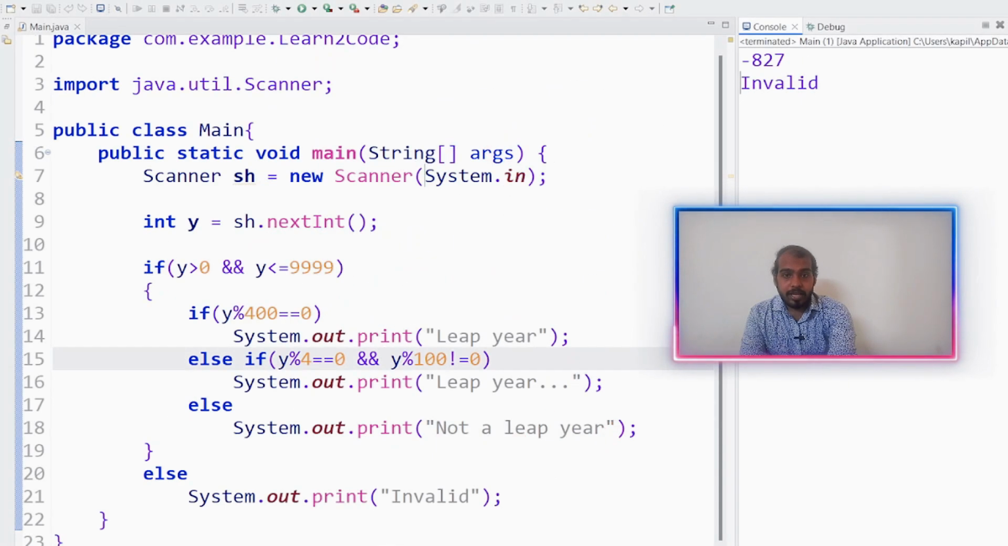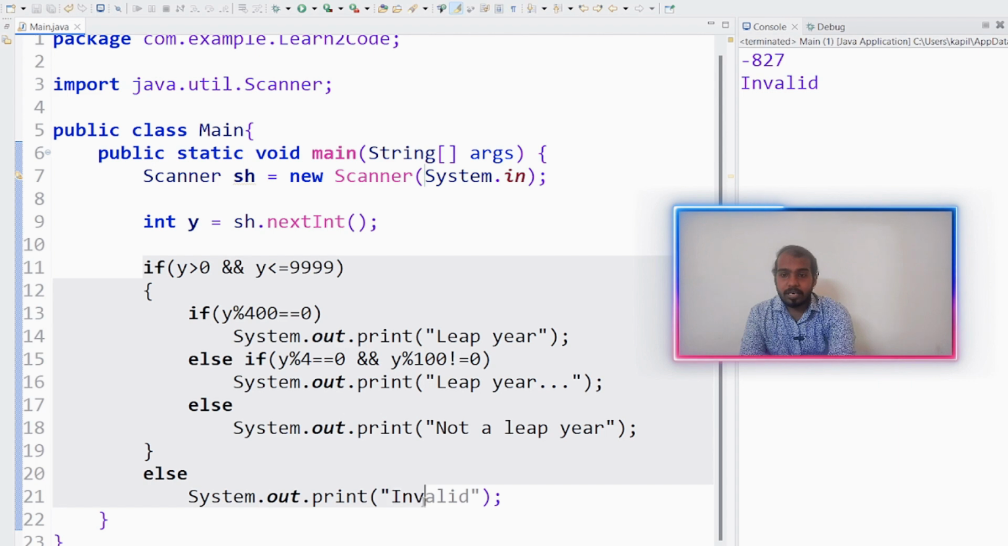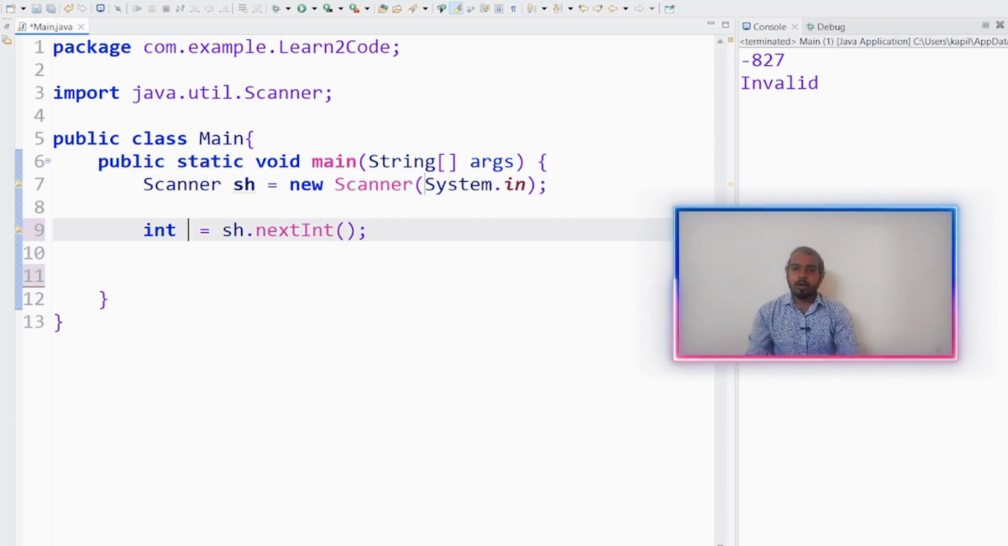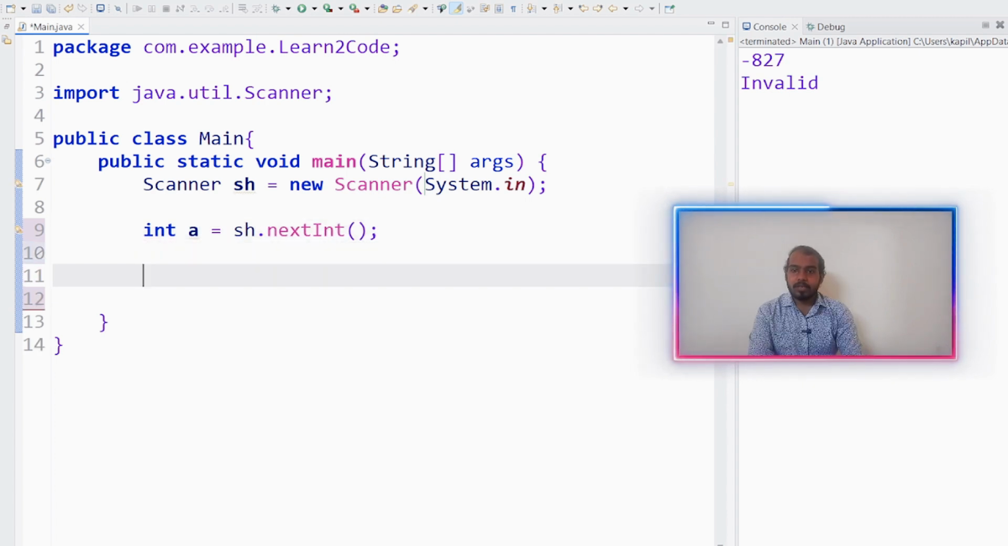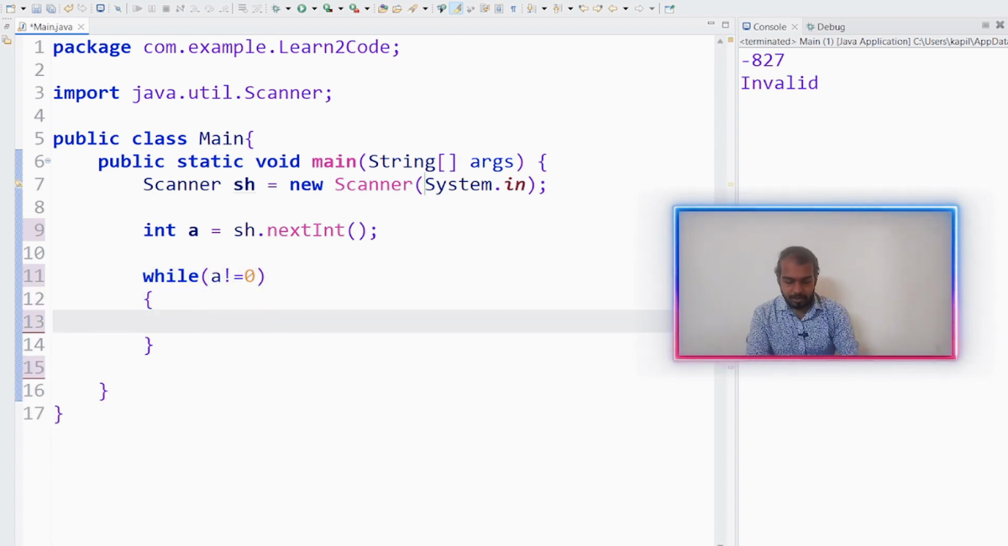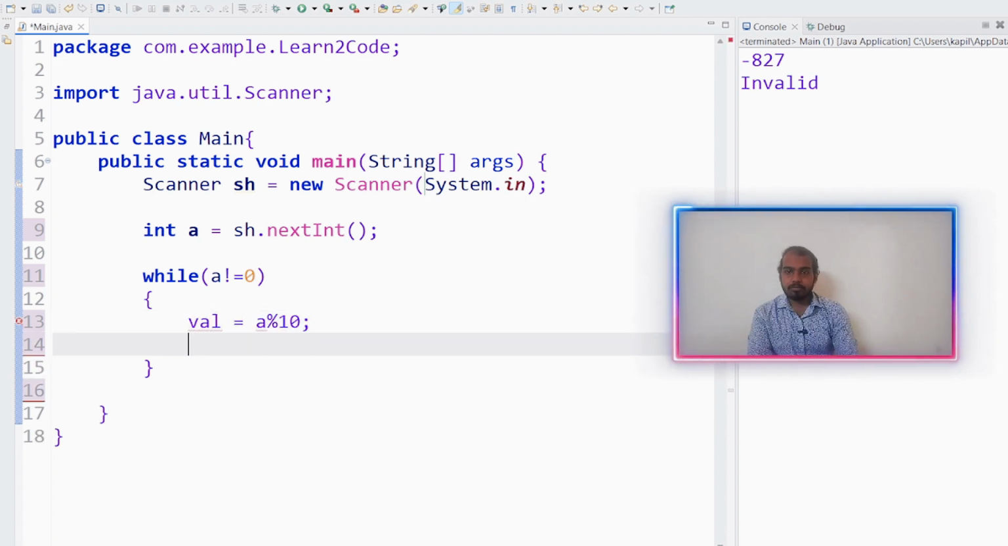So let me go to the coding area. I'll keep this value as n, or else a, because we discussed with a. So what was my initialization? Whatever the user input is, that is the initialization. While a not equal to 0, that was my condition, inside which I'm going to write a statement like val equal to a modulus 10. So I'll get that 5, 4, 3, 2, 1. And I'm going to write system.out.print